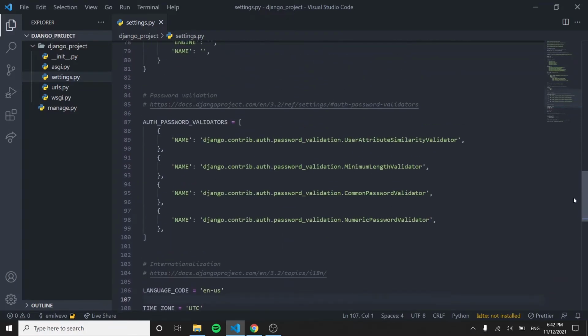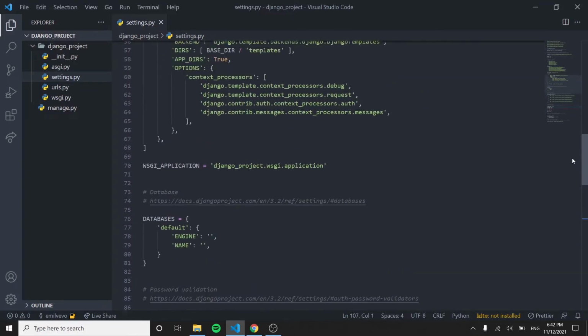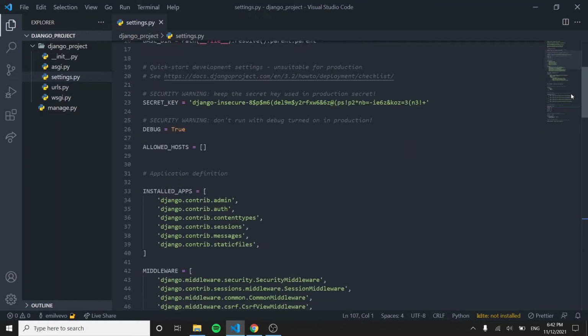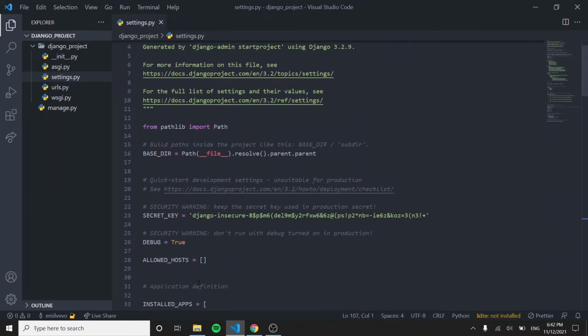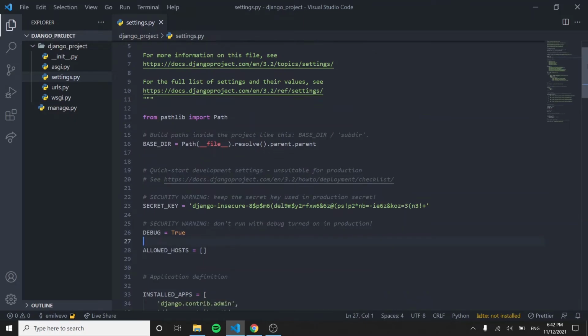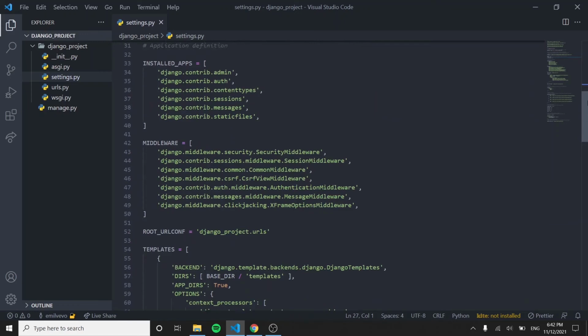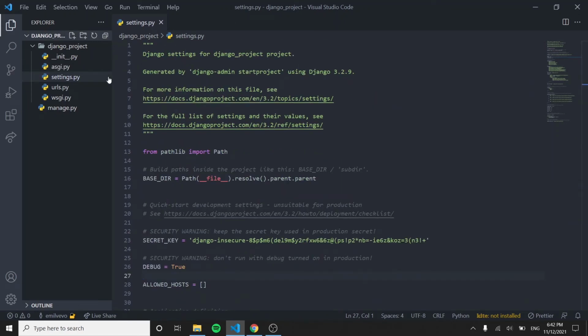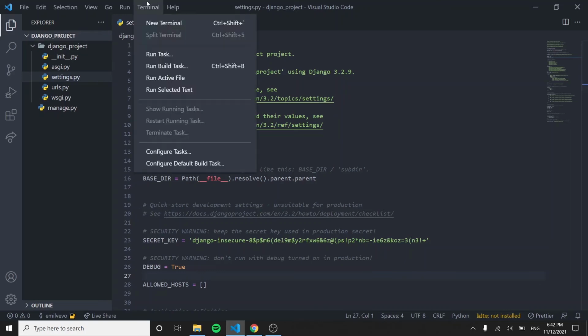And don't touch anything yet. So I think we finished all the things. Don't touch the secret key, and yeah, that's pretty much it for now. And we are going for